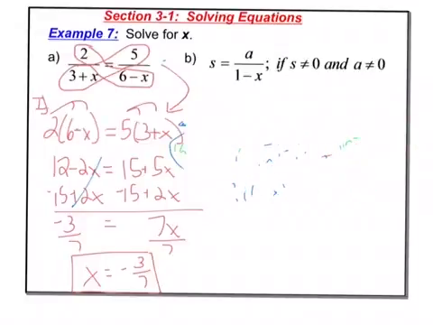So to solve example 7b, I'm going to do something similar. I'm going to go ahead and multiply both sides. So I'm going to rewrite this s equals a over 1 minus x. Since this is s over 1, you could